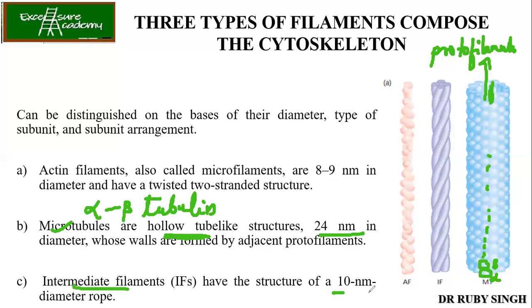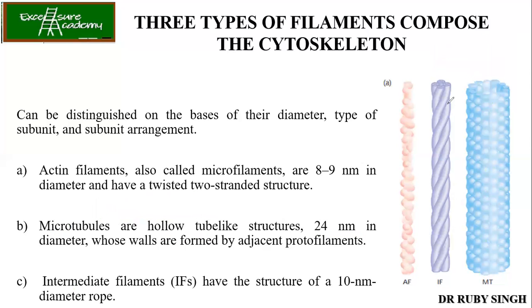Okay. Now, coming to the intermediate filaments, as the name suggests, the diameter is between the microfilaments and the microtubules. So it is around a 10 nanometer diameter structure. So IF is a little bit different from your actin filaments and microtubules. Now, in what respect is it different? In the case of actin filaments and microtubules, small monomeric subunits get arranged, and then you get the filamentous structure, or the protofilament structure. Now in the case of IF, you can see that these are proteins which are actually twisted together.